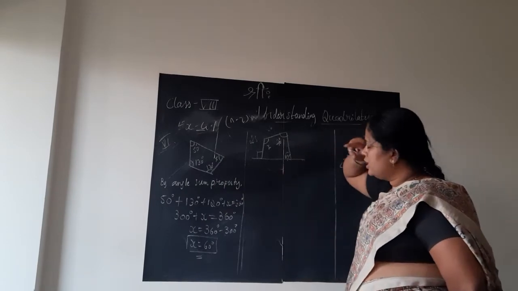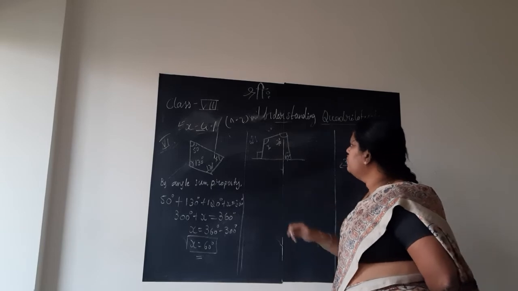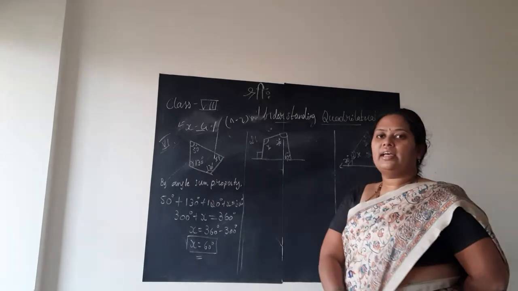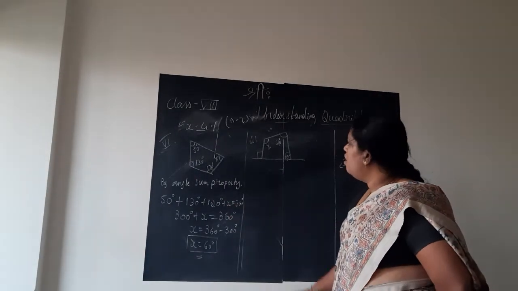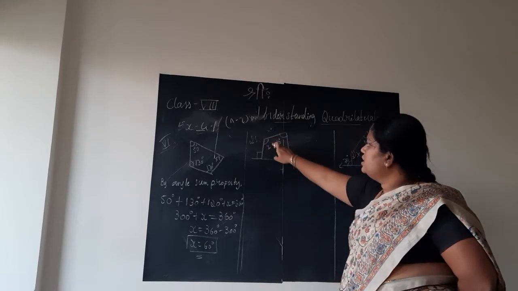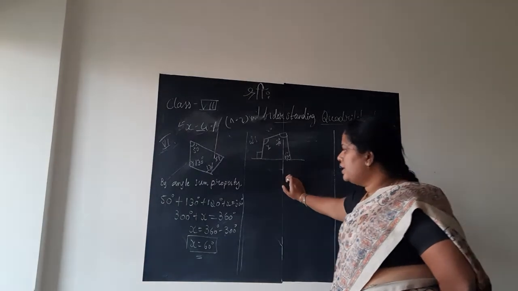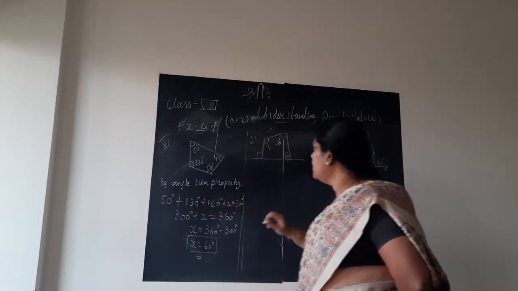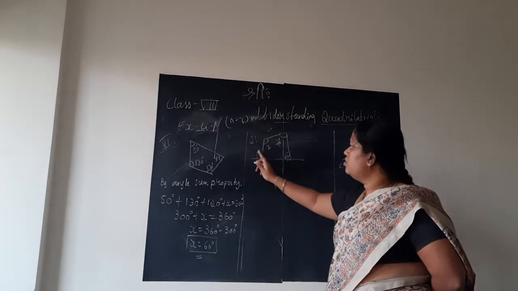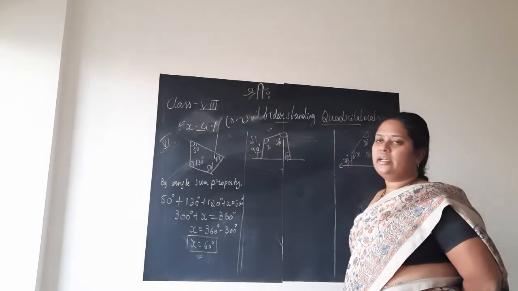Now look at the second problem. This is also a quadrilateral. It has four angles. Here we had three known angles and one unknown angle x. But here, children, this angle we know 70 degree, this is 60 degree, this is x unknown angle, but this angle also we don't know. So we cannot directly use this angle sum property. But look at the figure, they have given this exterior angle, no? This symbol means it is clearly that this angle is 90 degree.